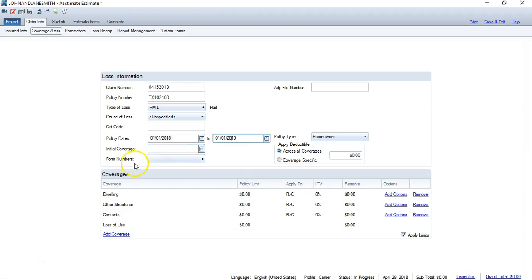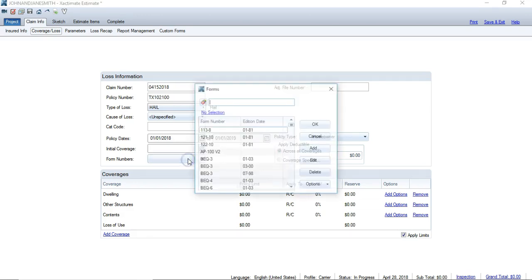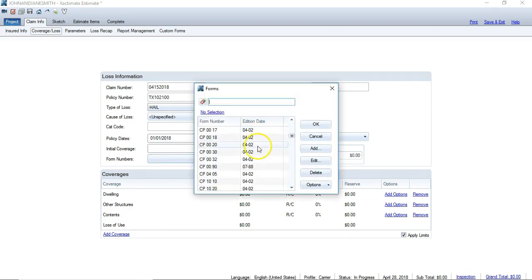We don't need initial coverage. Some firms may require you to enter the form numbers, and I'll show you what that looks like. We're not going to do it on this claim, but I want to show you where it's at in case you are required to do it. So if you click the box, it's going to open up all your forms, and these are your policies and endorsements. So all you would do is just select the different forms,